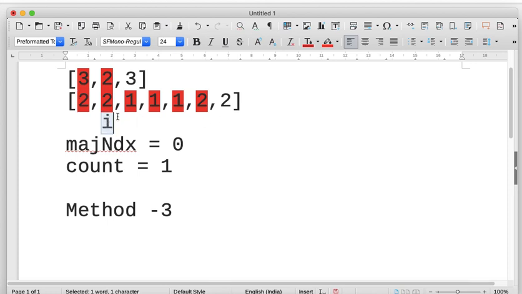From the next element onwards, I'll put the majority index at the 0th element, then I would start from here. I'll see if the current ith element is the same as that of the majority index. If so, I'll increment the count from 1 to 2. So the frequency or the count of it is 2. Then I'll go one step again